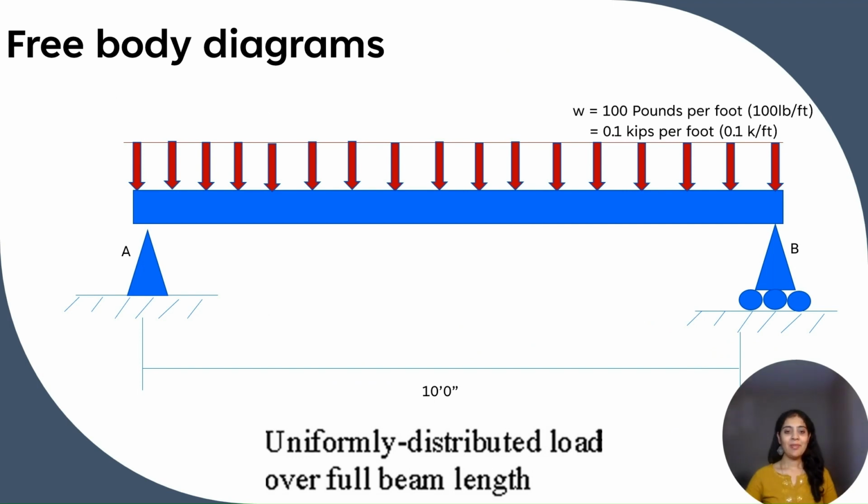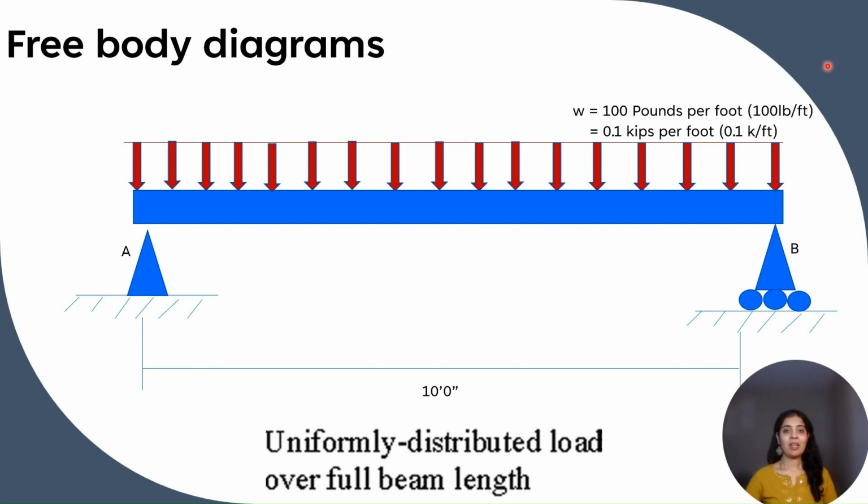So, we will understand the free body diagram. This figure shows a schematic diagram of a uniformly distributed load over the full length of the beam. This load could be caused from the weight of the floor or distributed live loads. Since each 1 foot length of beam carries a 100 lb share of the load,